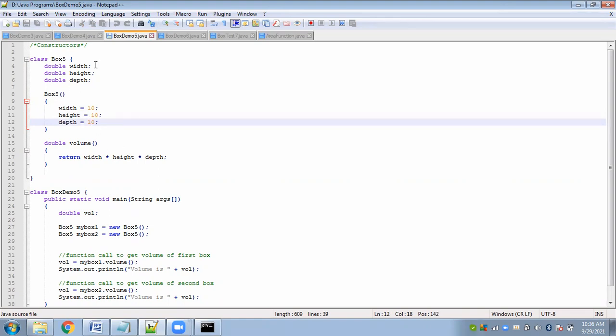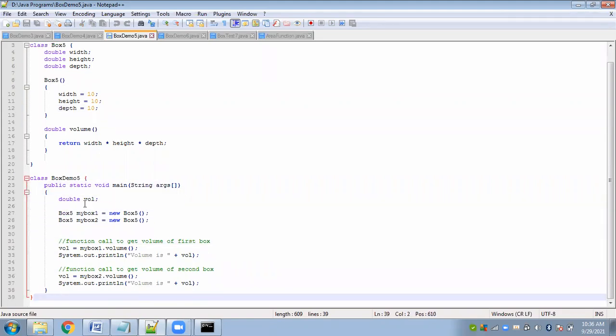Okay, so in this case, as you can see, this is the information we have inside the Box5 class. Then inside the BoxDemo5 class, again, it's the same thing. We will create two box objects, and because we already have the constructor now, when the box is created, immediately the constructor will be invoked.